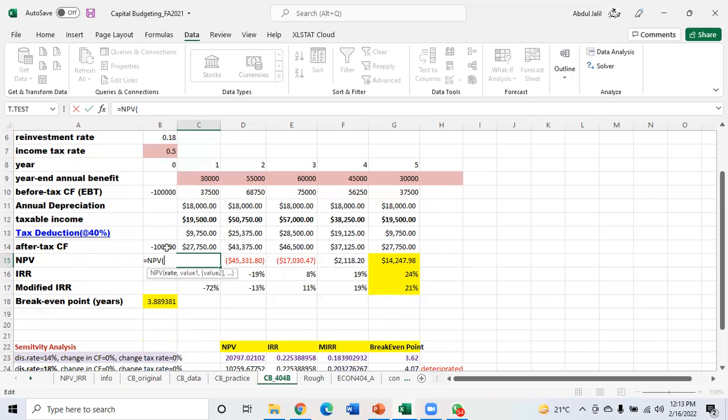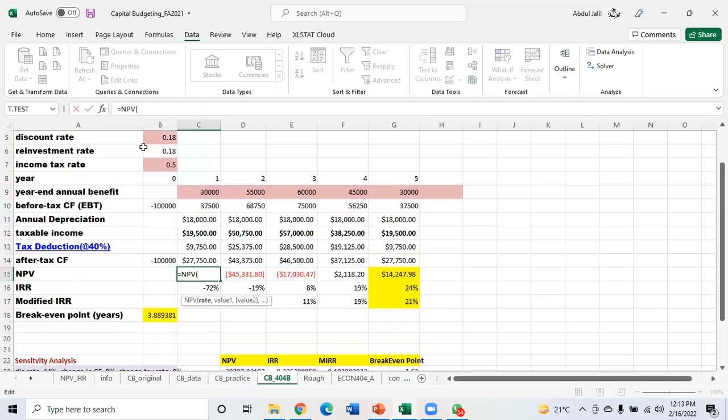Then you have this rate first of all, that is your discount rate, and comma, value 1,